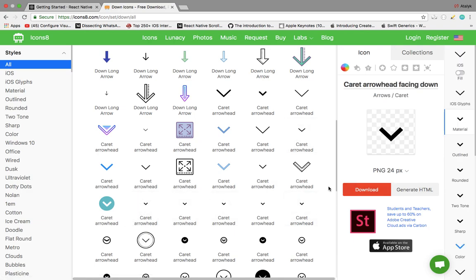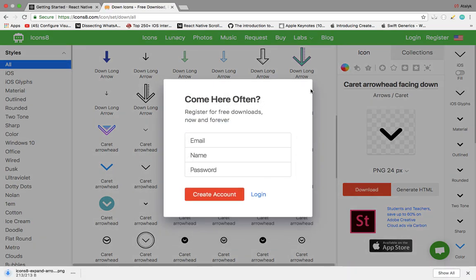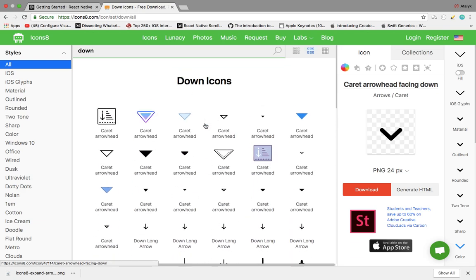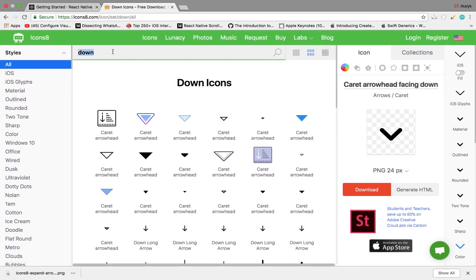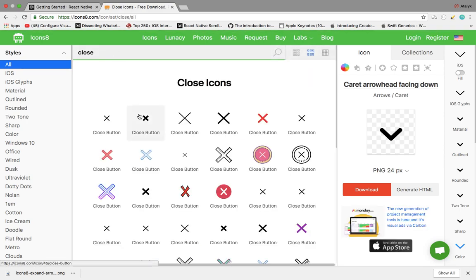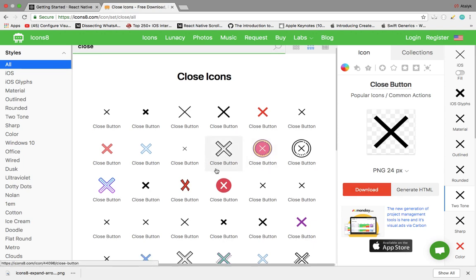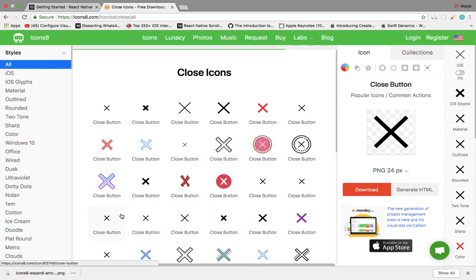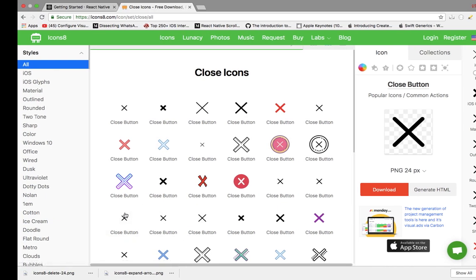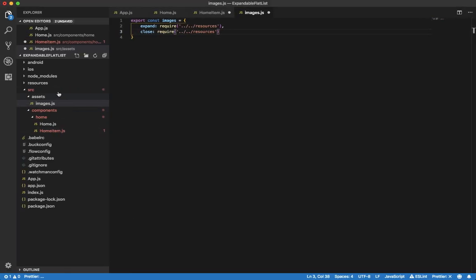I think this one works fine. This one looks better. And also close, this one. Okay, and